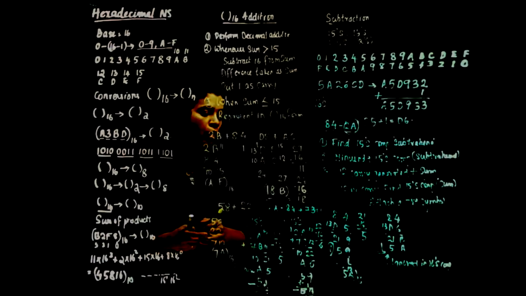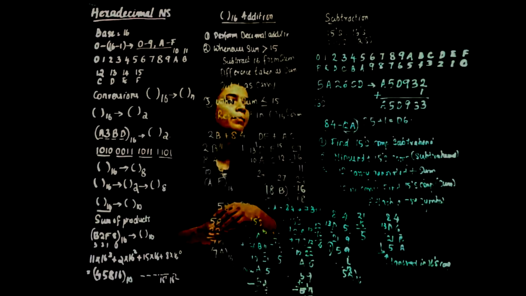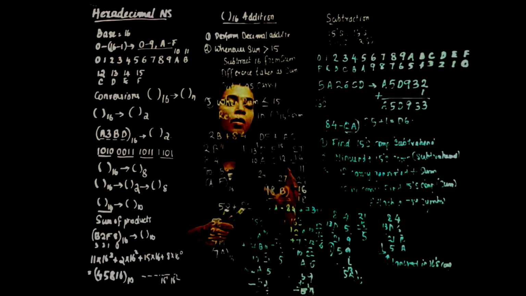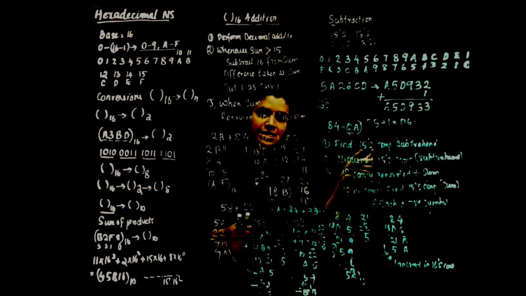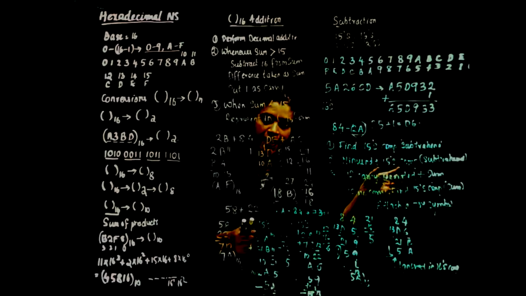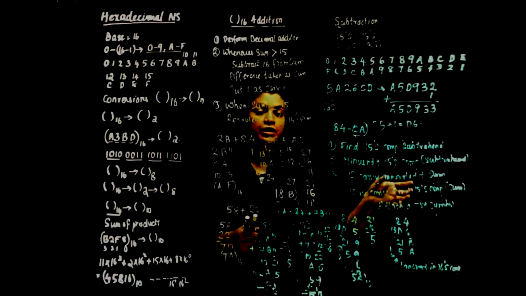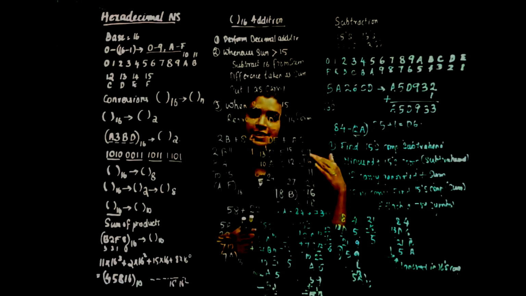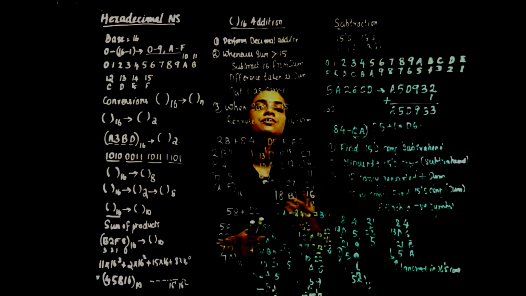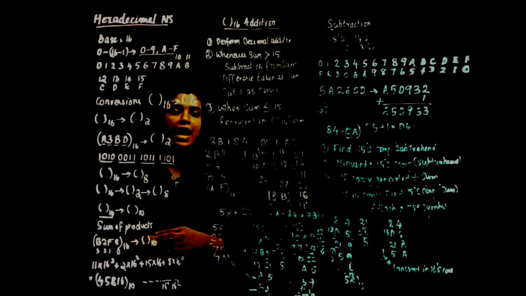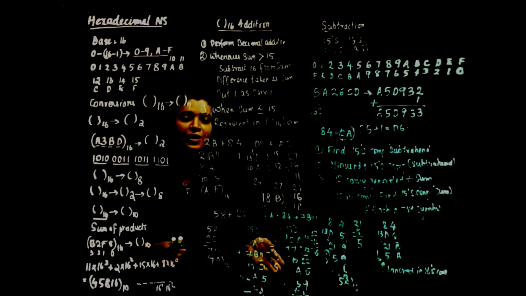So this is how we perform subtraction using 15's complement and 16's complement. The only difference is that instead of finding the 15's complement, we are obtaining the 16's complement. We add it, and if a carry is generated, then that carry is ignored. If no carry is generated, find the 16's complement of the sum again and attach a negative symbol. I hope it's clear, and the questions for practice are given in the description. Please go through them. Thank you.